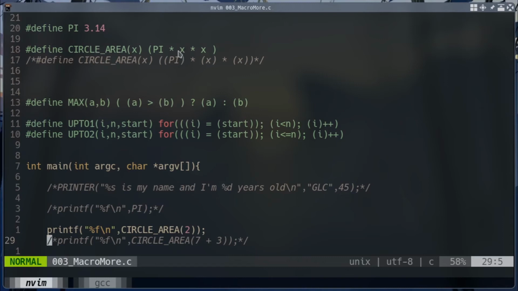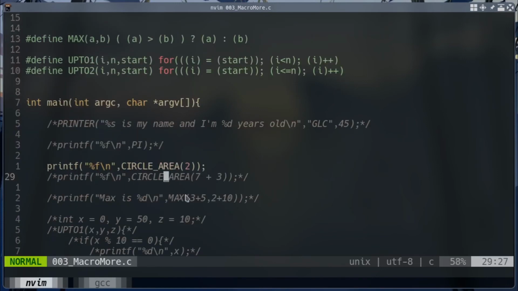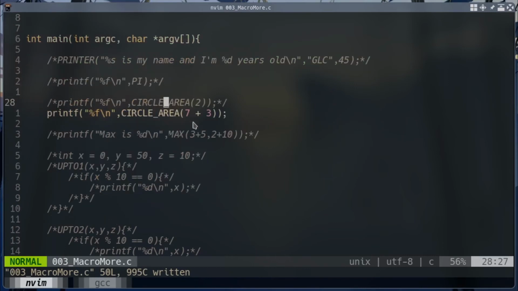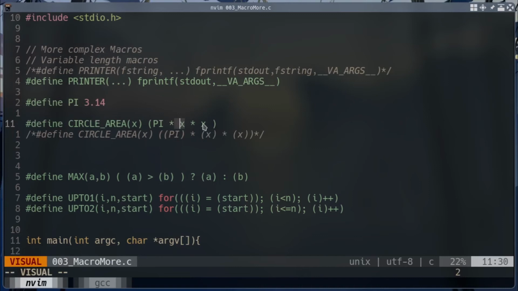But sometimes the way we declare a macro really affects the output, because macros are just string substitution. It will substitute the value you passed here. So what if I pass this kind of value? Here you can see I am actually passing an expression. So this expression should evaluate to 10 and the x will be replaced by 10. You may think like that, but that's not what's going to happen.